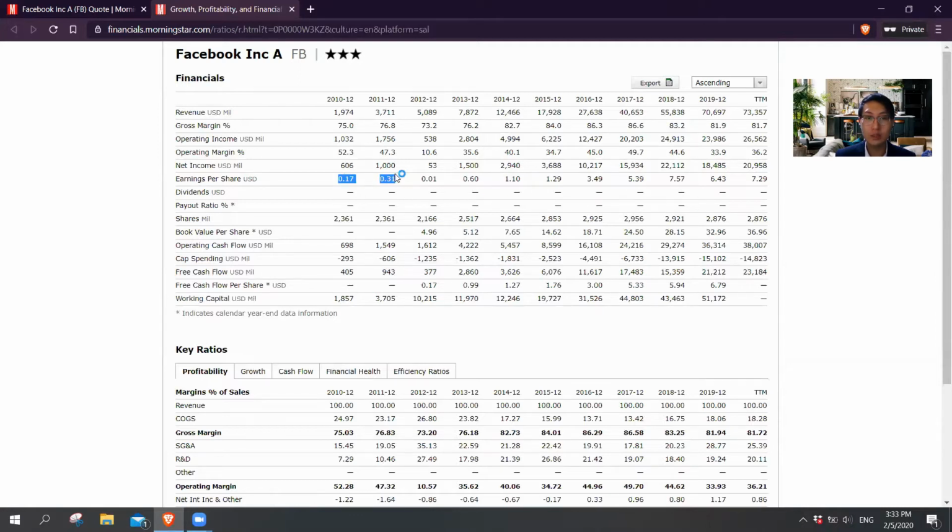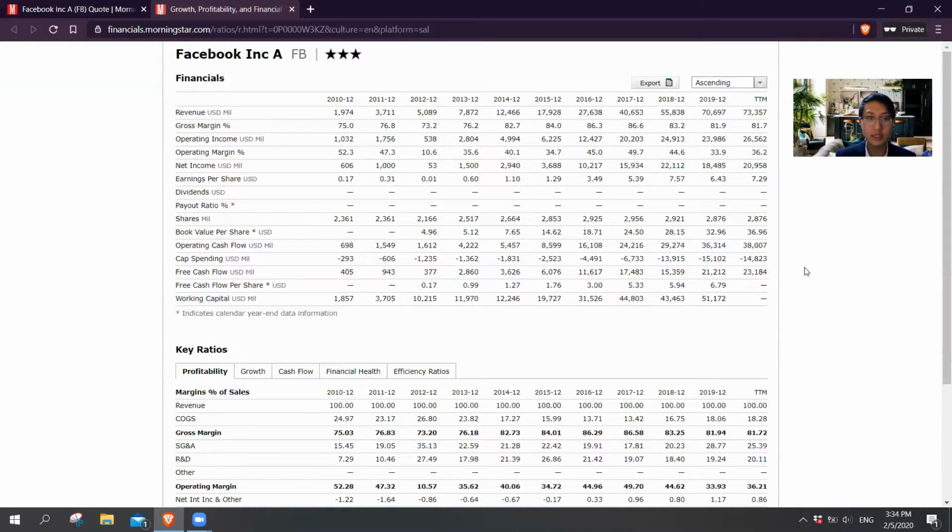Apart from this, I also like to look at the earnings per share. For earnings per share, you also want it to be increasing over time. As you can see here, the earnings per share of Facebook is increasing over time, although there's a slight decrease last year. Overall, it's still quite good because it's maintaining at a high level after a certain period of time, and there's still room for growth, especially when you see the recent increase.